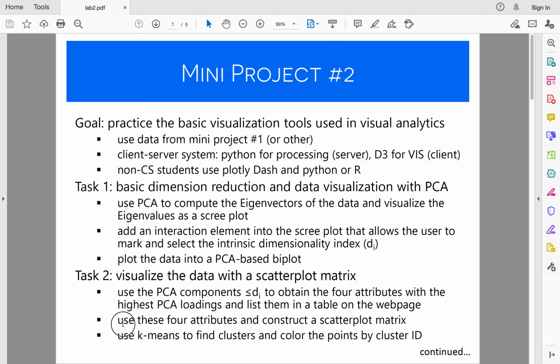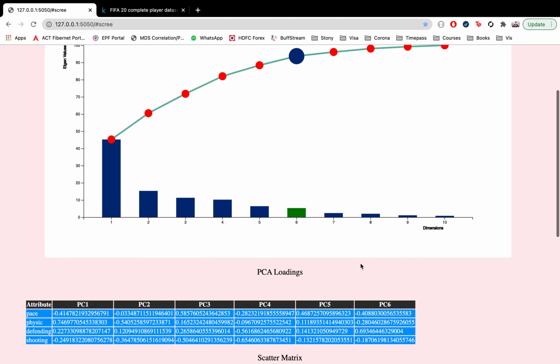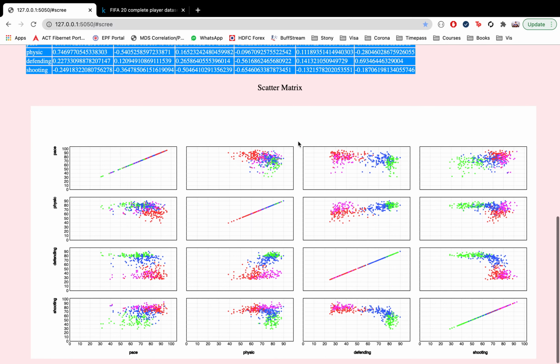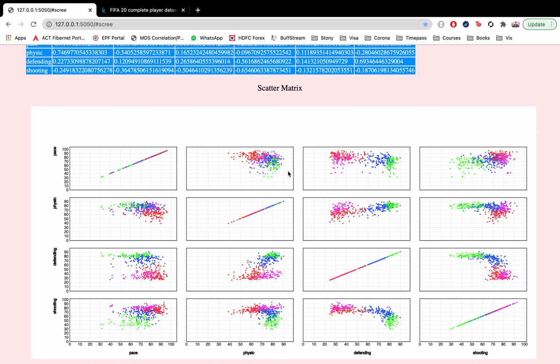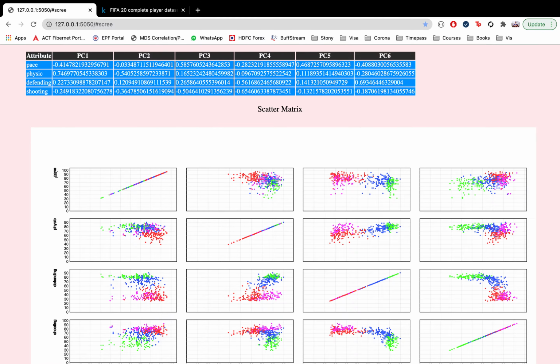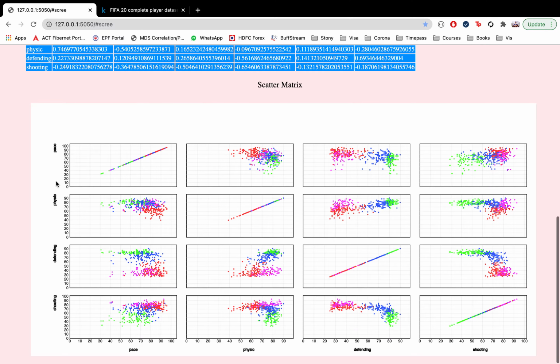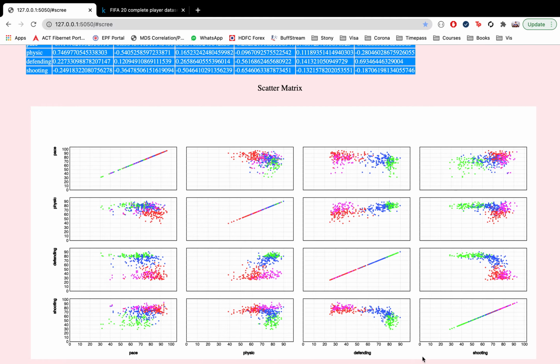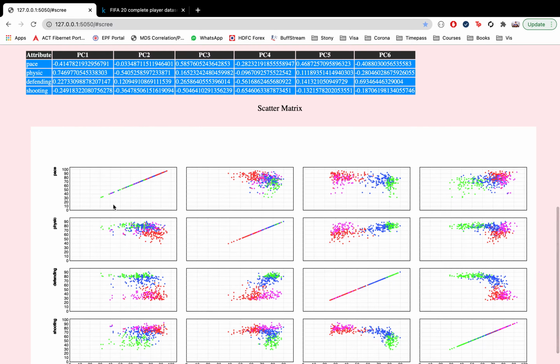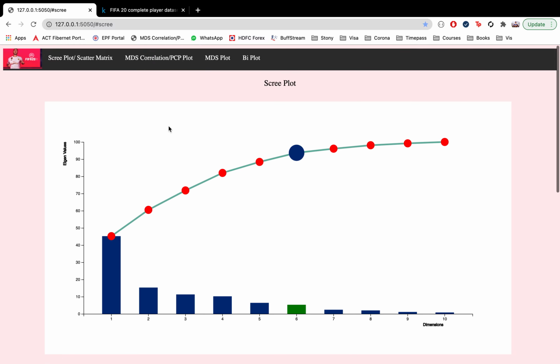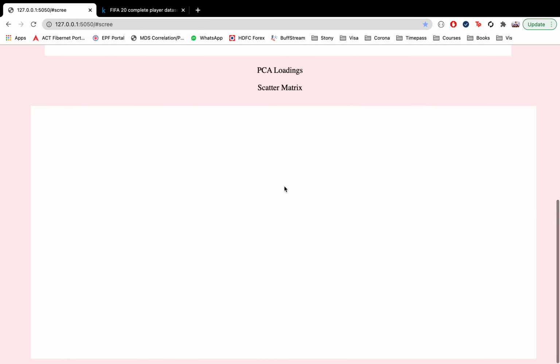And after that, using these 4 attributes, we're asked to construct a scatter plot matrix. Once we click on that, the scatter matrix gets shown below. Basically, the whole y-axis is shown on the left side, and the x-axis labels are shown on the bottom. These are built based on the descending order of the features based on the PCA loadings. On top of that, these things initially don't show up, but if you see, the whole thing is